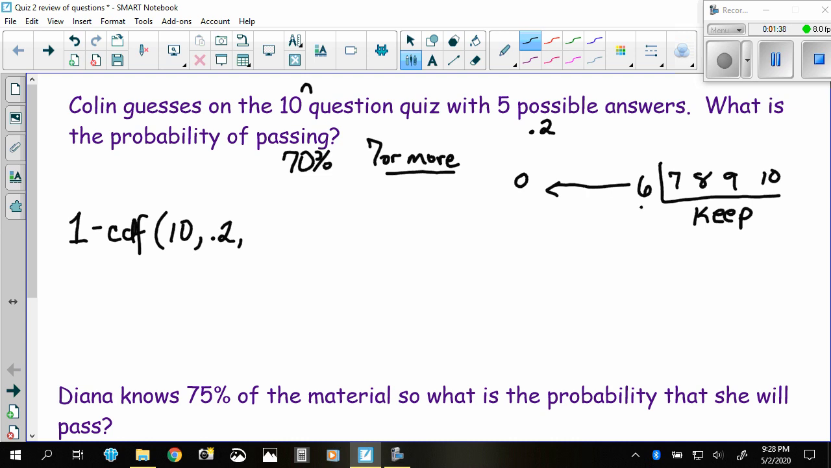So that means that 6 is going to be our x value, or our k value, whatever letter's there, the number that goes in at the end of our problem, because we want to get rid of 6 and below. So 6 is going to go here. So when we put this in our calculator using second vars and then the letter B in the menu, which is the binomial CDF, you're going to type that in